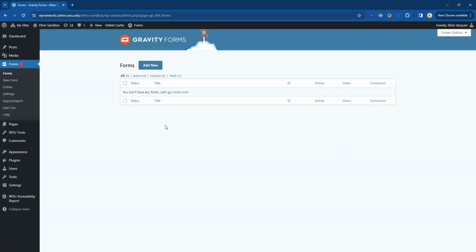Hey everyone, and welcome to this video on setting up a basic Gravity Forms form on your website and creating the notifications that will be sent out to the user, and also creating the confirmation message once they submit the form. So first thing that we want to do is just go to your forms section on your website and